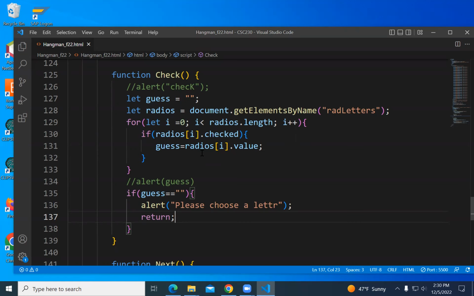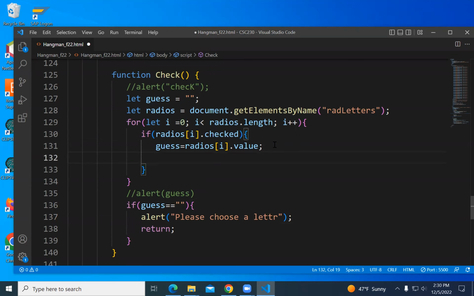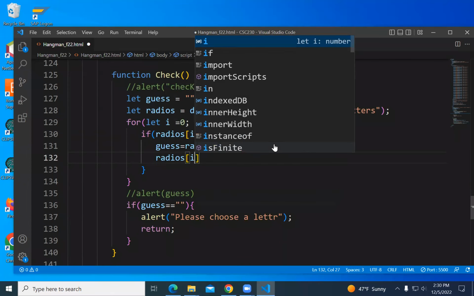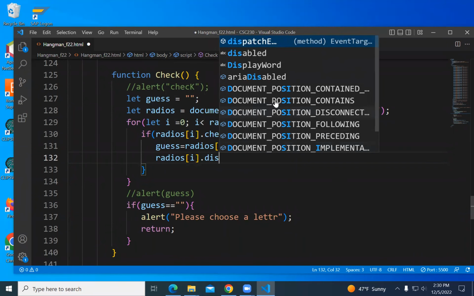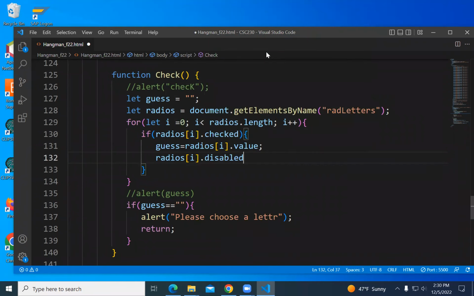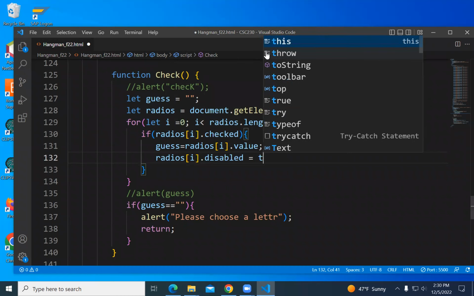I can disable the radio button. So I can take radios[i] and set its disabled property to true. So here's where I find out if the radio button was checked, and I can set its disabled property to true.